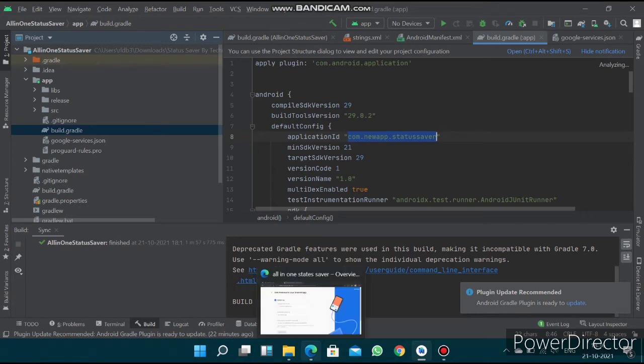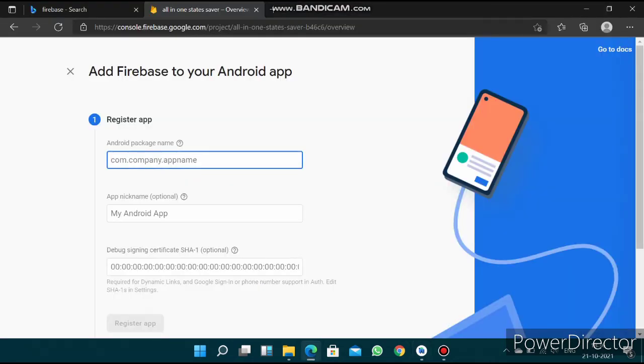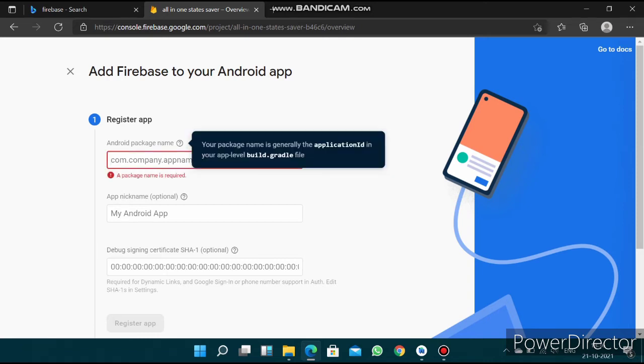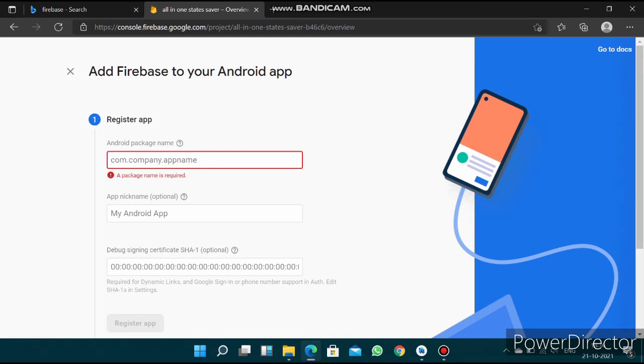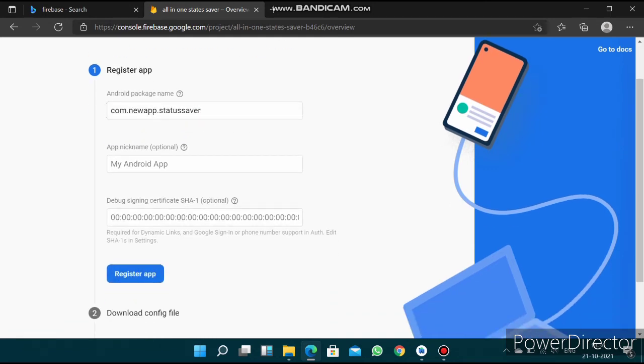After copying the package name, open Firebase and paste it here. After pasting, click on register app.